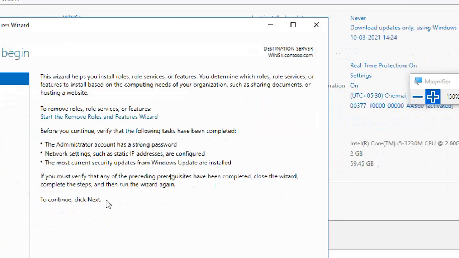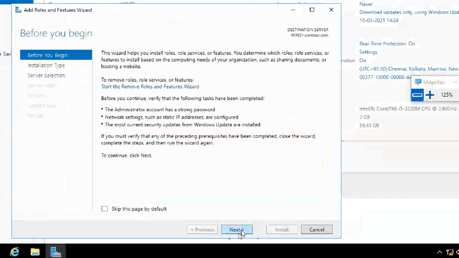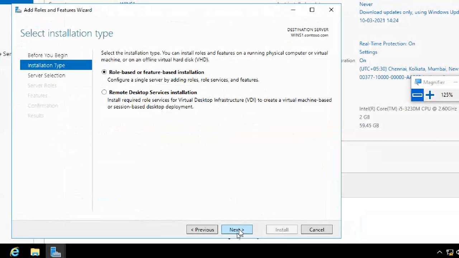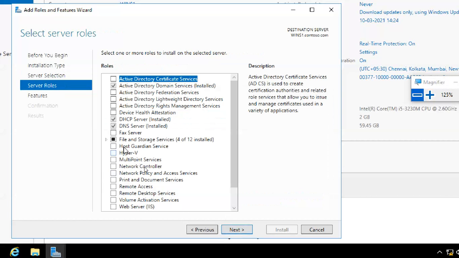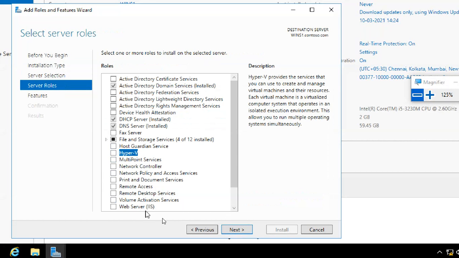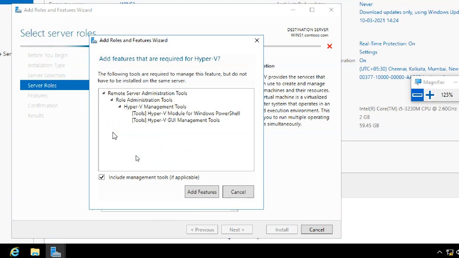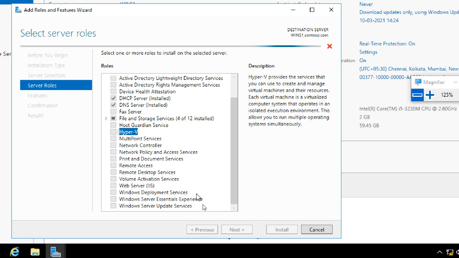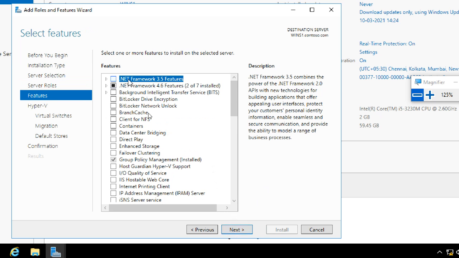Very good, very good. That's the spirit, Sunday spirit. Next, next, and select the service, Hyper-V. Okay. Add features. And you can read this description also. Next. No need to do anything from here.